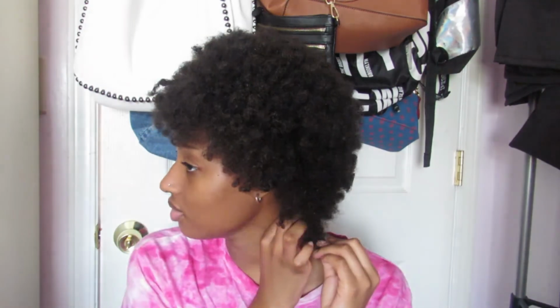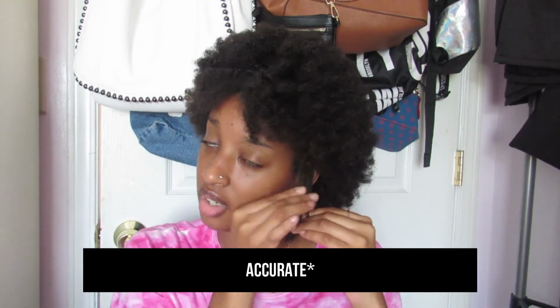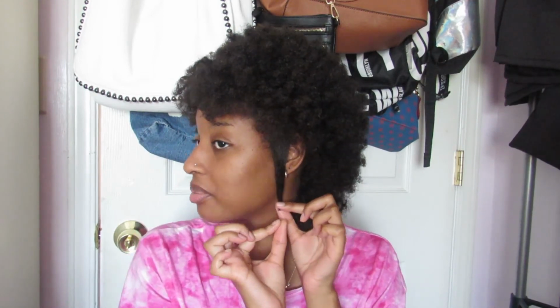So now I could just go into a length check. I don't have a tape measure, at least I don't know where it is. I don't feel like looking for it, I'm too lazy. But so this is the back of my hair. I could show you all the different sides. I guess it would have been more convenient if I would have used a measurement tape, but